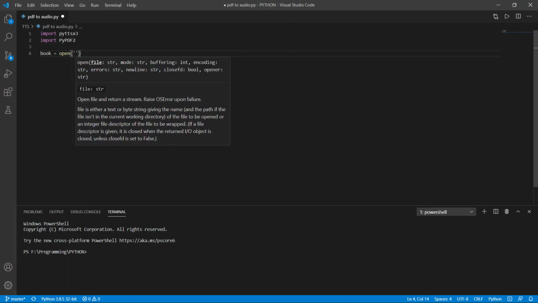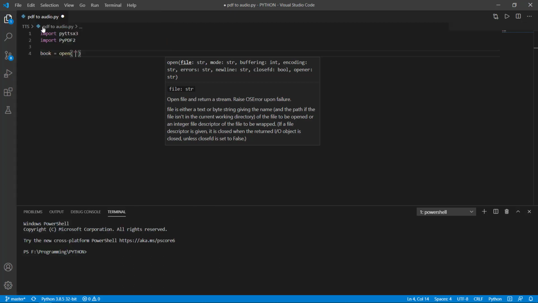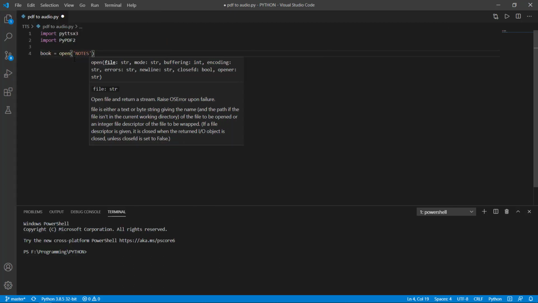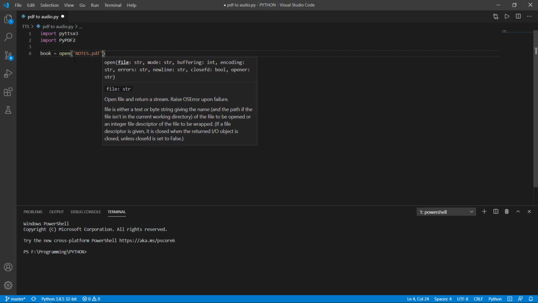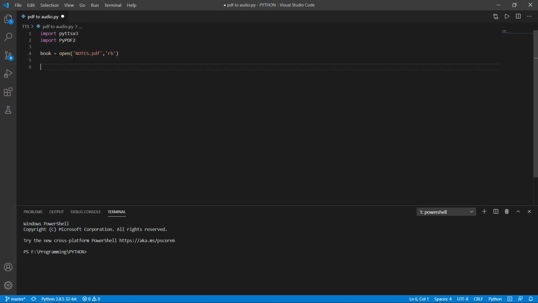We need to specify the name of the PDF, and here we are already having one PDF called notes.pdf. And I was reading that PDF, so I have to give here parameters like read binary. We need to read that PDF,